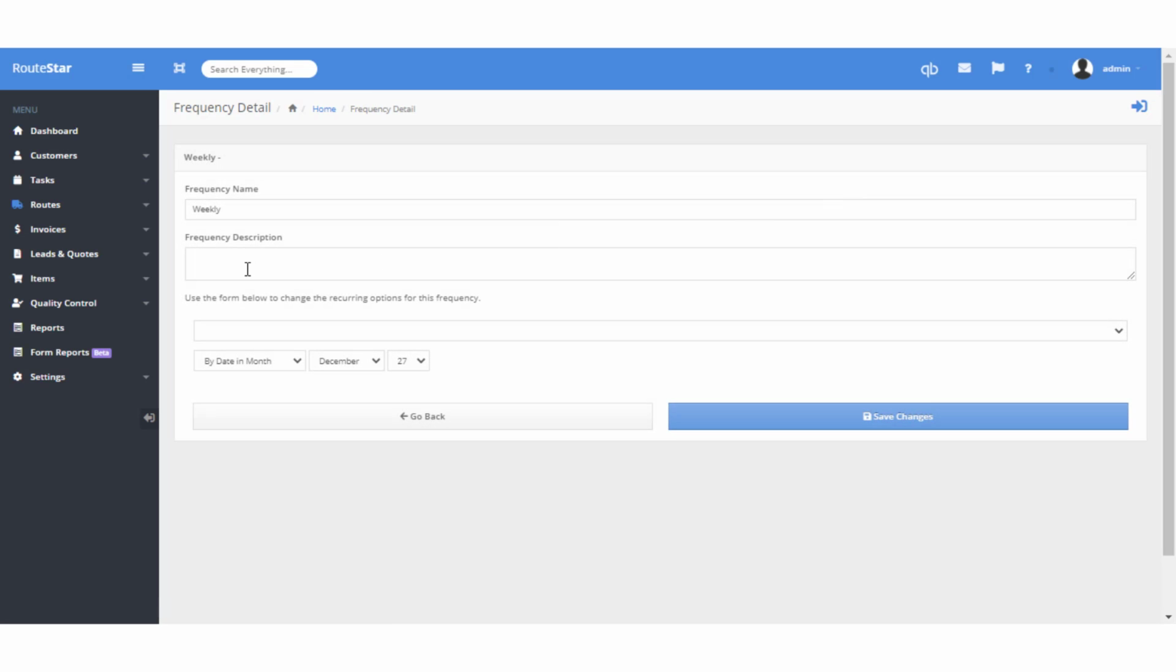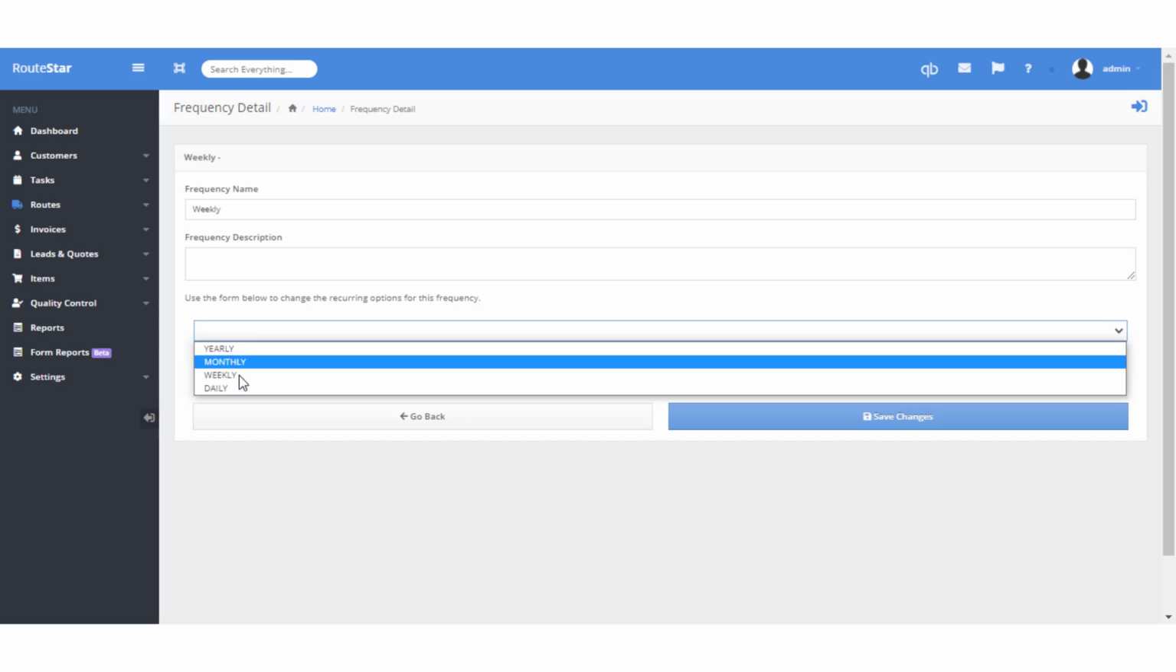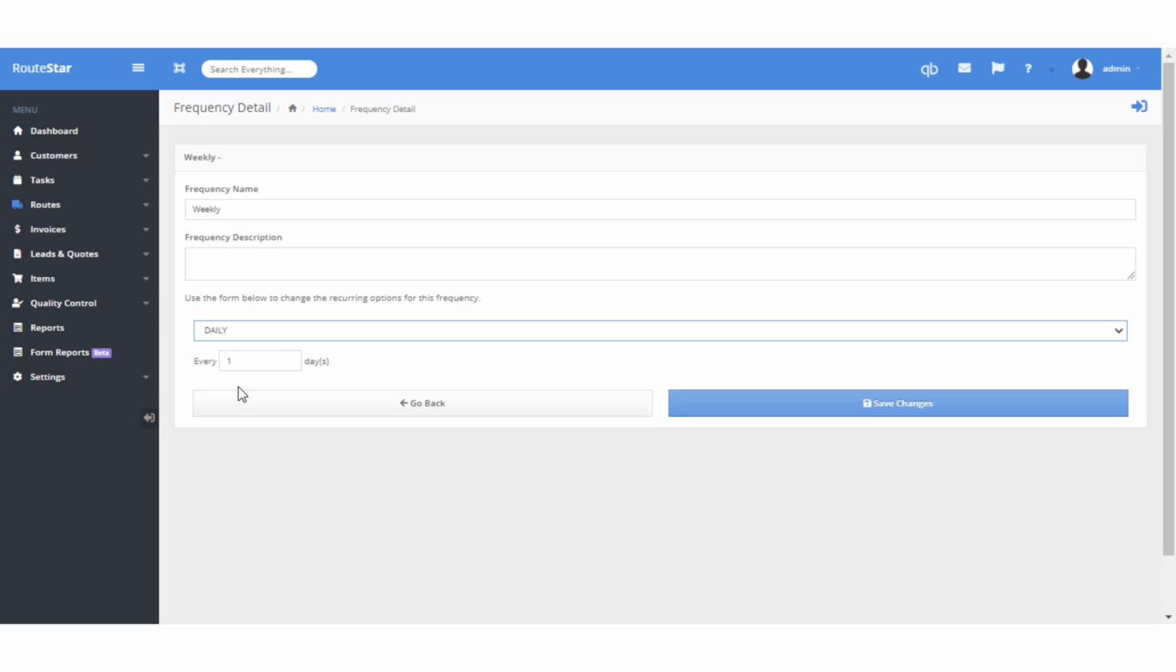You can give the frequency a description. You can also set how you want it to reoccur. So if it's weekly, meaning you have a stop that reoccurs every Monday, then you can come down and select daily, for instance, and make this reoccur every 7 days. So if Route 1 goes to a stop on every single Monday, then set it to daily and it reoccurs